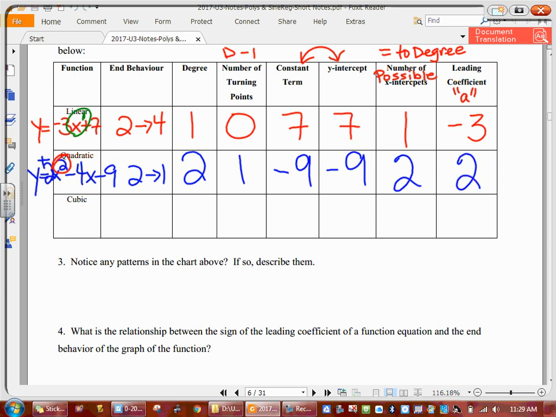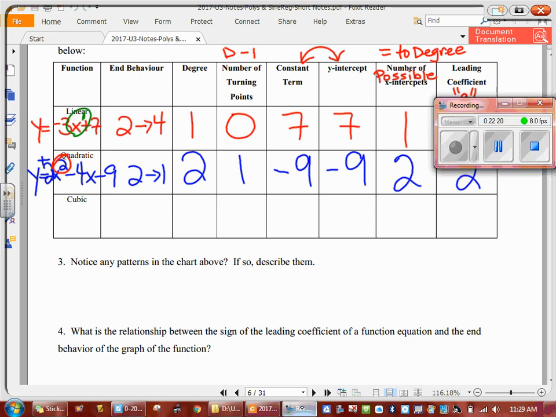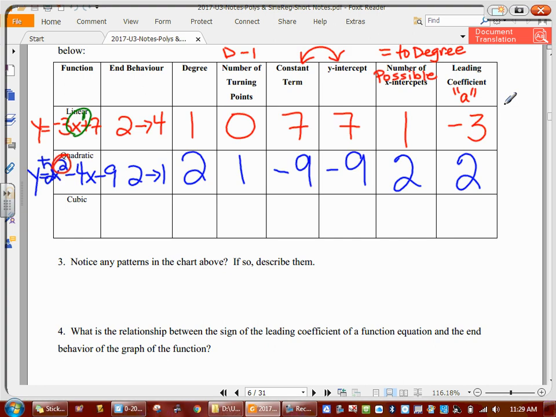So continuing with our cubic function, it says y equals negative 4x cubed minus 2x squared plus 3x plus 5. Okay, so this cubic, again, if we take a look at end behavior, we have a negative